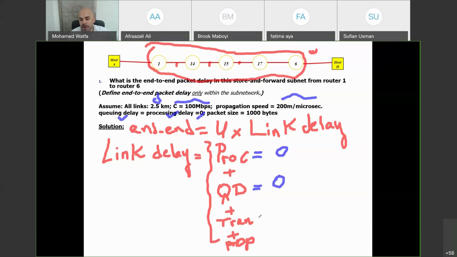Okay? Now, the transmission delay, like we did before, depends on what are the 2 things the transmission delay depends on? Size and data rate. Yes, thank you so much. Size: how big is the packet? 1,000 bytes. So the first thing we need to do is take the 1,000 bytes